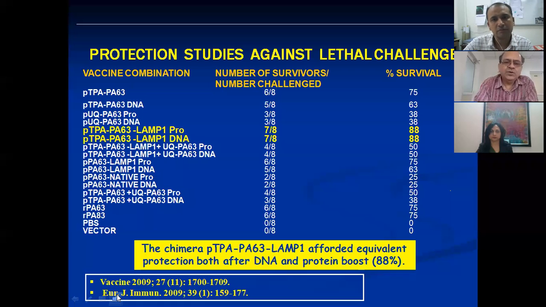So what we did, we took protective antigen 63 kilodalton gene and tried to add certain sequences upstream or downstream so that we can direct the protective antigen into the desired compartment of the cell to see that immunization is very good. So these yellow ones, when we have put this LAMP sequence and TPS sequence, I think they were the best, and they could give us about 88% protection against the disease.